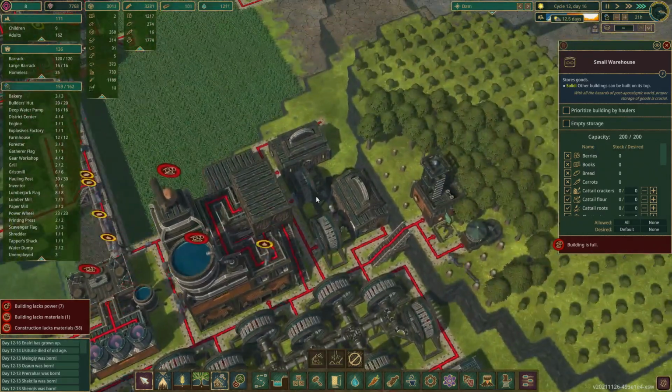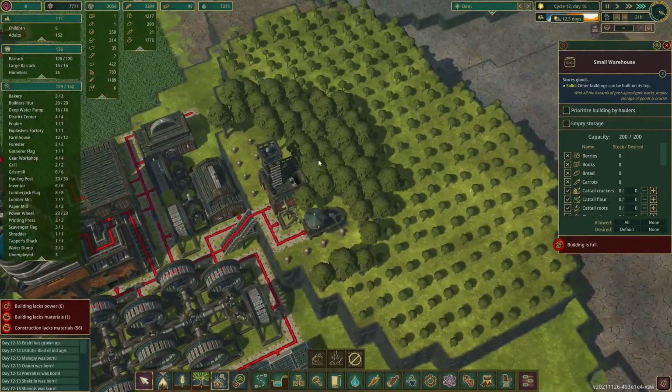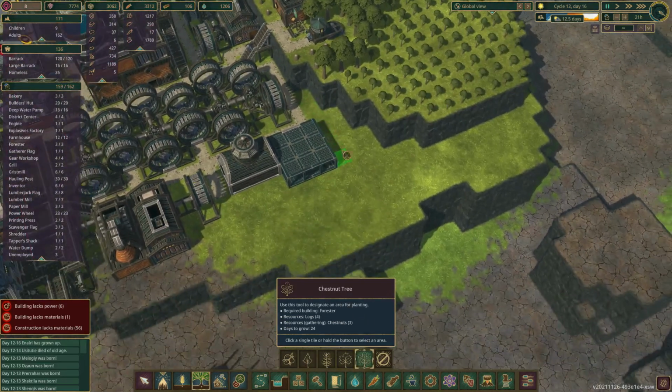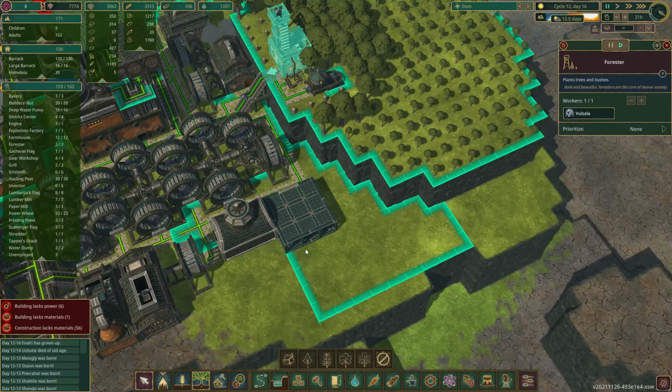All of our manual beaver power is still working pretty well, and I have them cutting these down without them being replanted. What I can do, however, is plant our new chestnut trees, because that is what I had in mind for this whole area. Let's see where the forester goes out to. So this whole little area out here